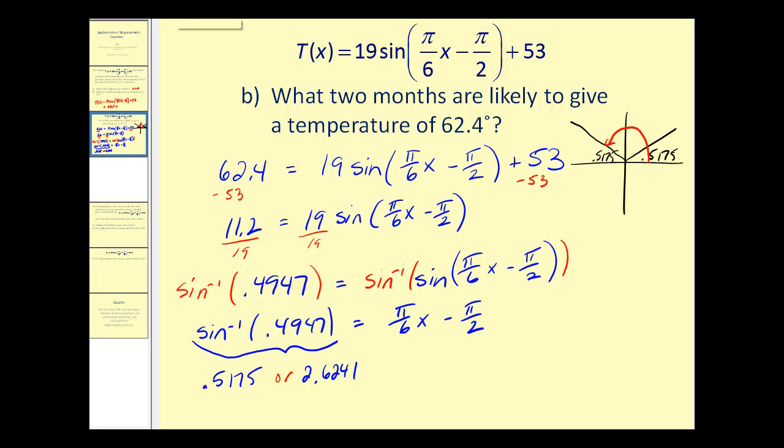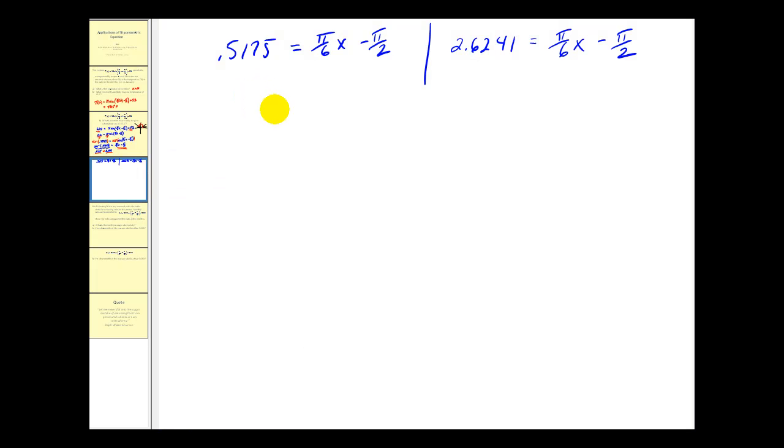We're going to set the right side equal to 0.5175, and then we'll take the right side and set it equal to 2.6241 as well. Again, we had two different angles that had the sine function value that we were looking for. We had this, and we also had this angle. So in order to solve this for x, we'll add pi over 2 to both sides. Let's go ahead and do the same thing on this side. This will be approximately